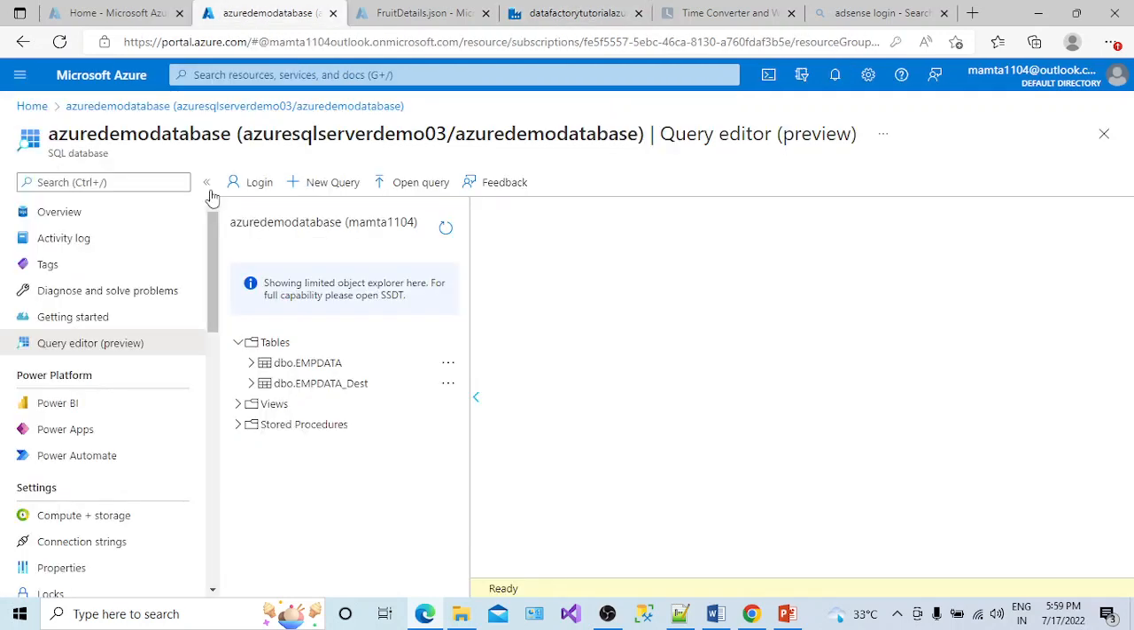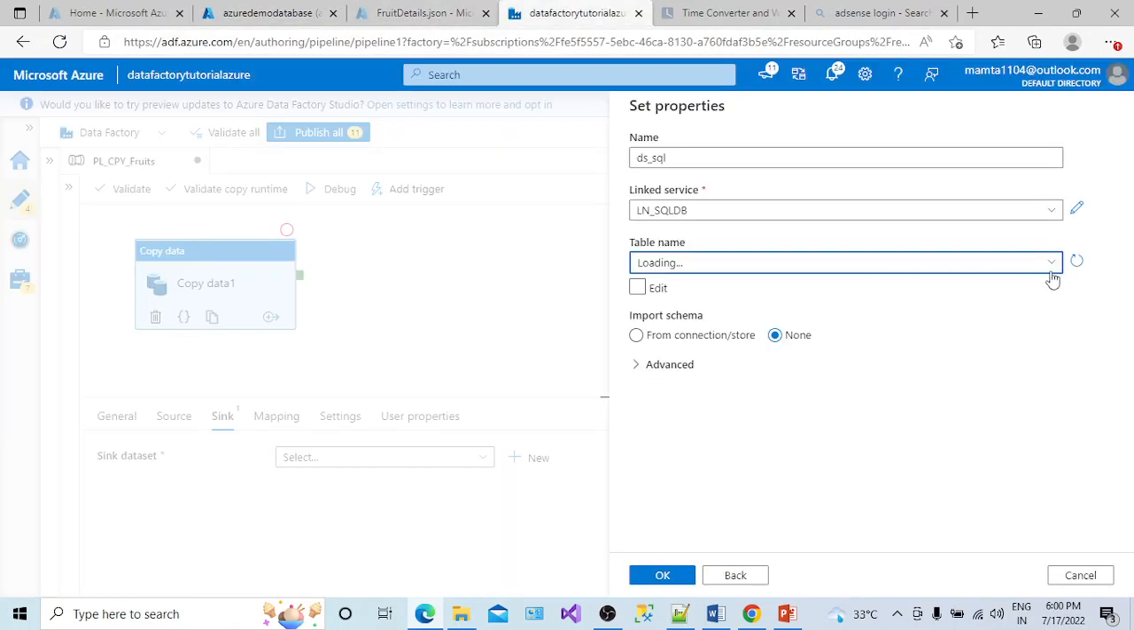So I'll show you the dataset here. If you see, this is my data server, and this is my database. I have only one database, and inside that I have these two tables right now. I want to create a table at runtime when my pipeline is executed, and the fruit details table will be created at runtime, and whatever data we have in the fruit details session, it will load